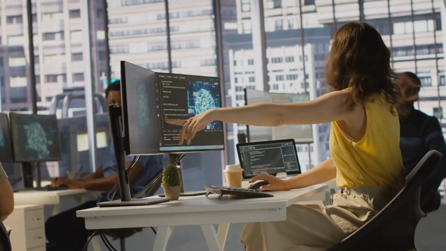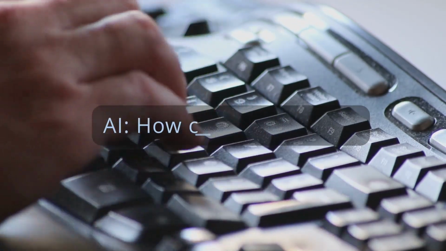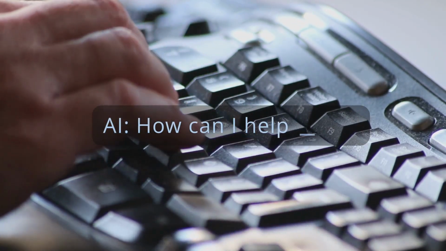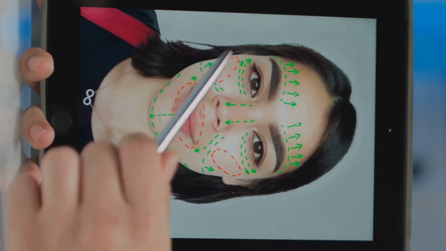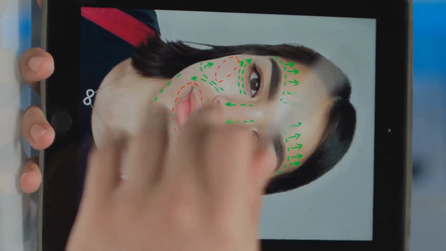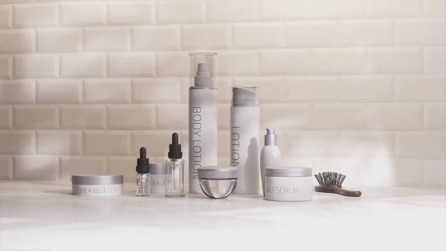Let's run a real example together. Prompt: act as a market analyst. Analyze Gen Z skincare buying trends in the US. What are their top concerns? Where do they shop? And what brands do they trust? Gemini responds with top concerns: acne, eco-friendliness, affordability, cruelty-free; shopping channels: TikTok Shop, Ulta, Instagram ads; trending brands: The Ordinary,